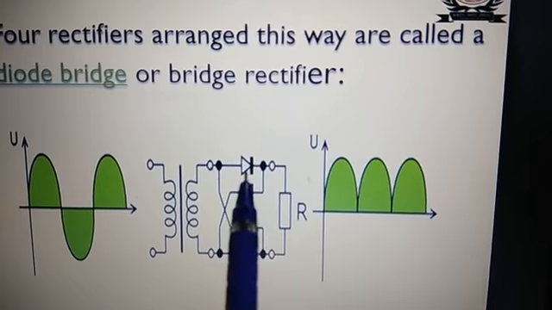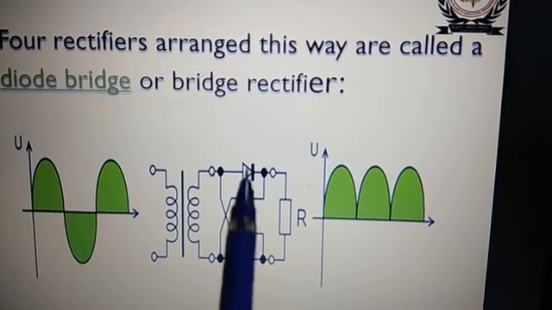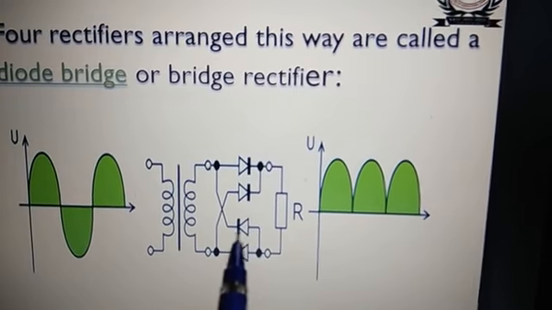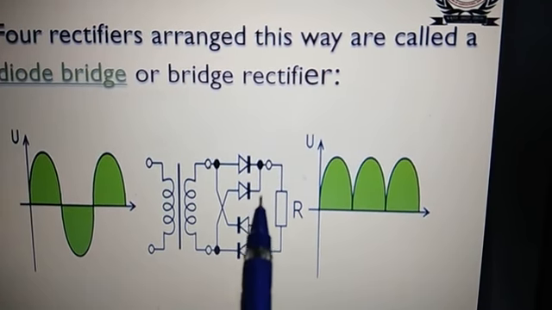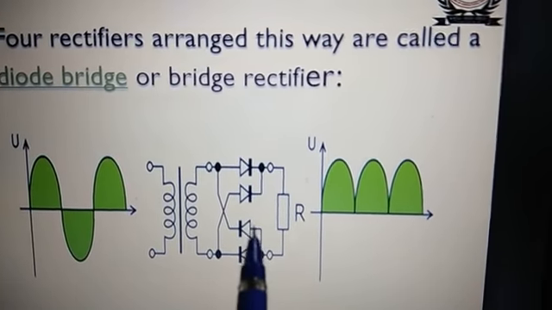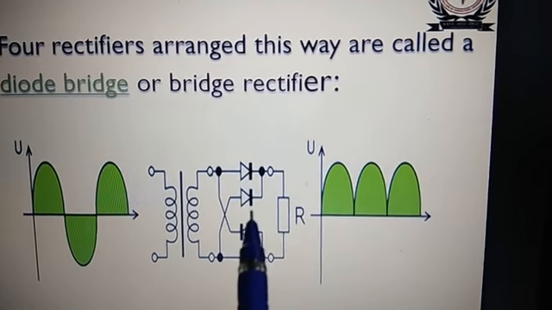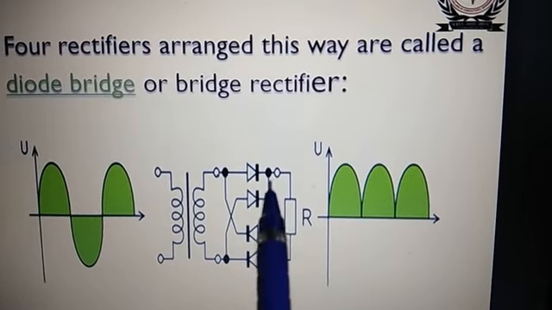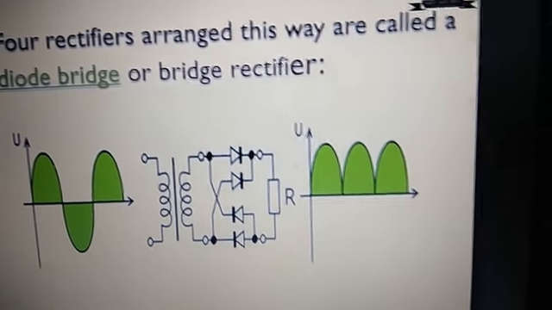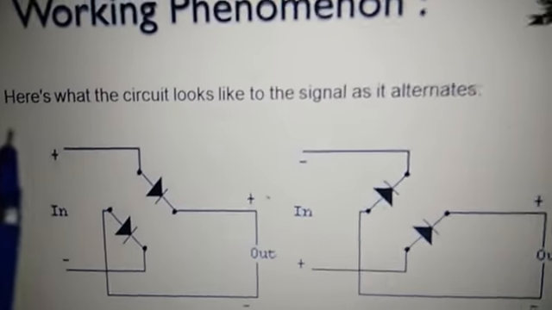So both the incoming terminals are connected to the positive of the diode, while the direction of diode 1 and diode 2 is like this, opposite, and the 2 diodes are again connected opposite. So its negative is this side and its negative is this side. So this is the bridge connection of the diodes. That's why it is called a bridge rectifier. Later on we will see the current flowing through this bridge. There are 4 diodes here. This is the output waveform, full wave output, similar to the full wave center tap transformer. You can see this is the working operation of the full wave rectifier.